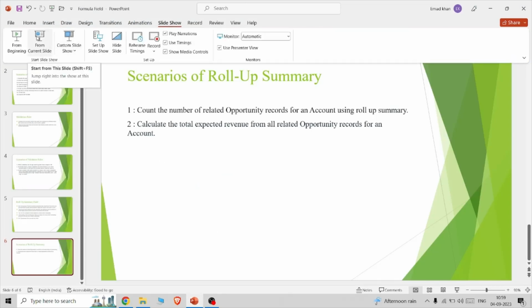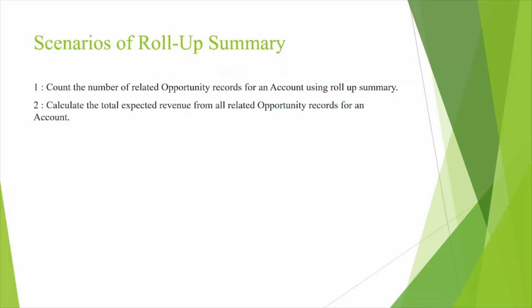Let me just brief. Firstly, calculate the total expected revenue from all related opportunity records for an account. Like in account, there is one field, that is expected revenue. We have to calculate the total expected revenue and display it on the account object. So for doing this,